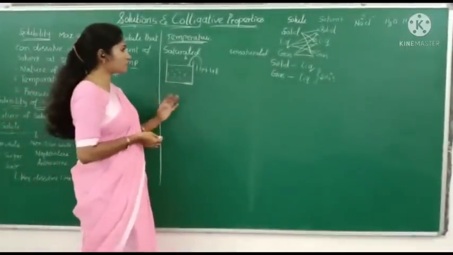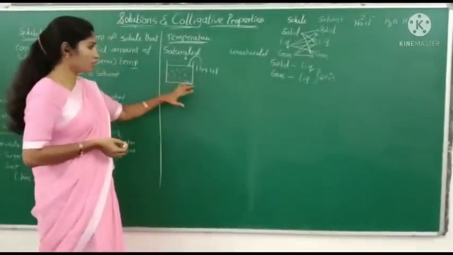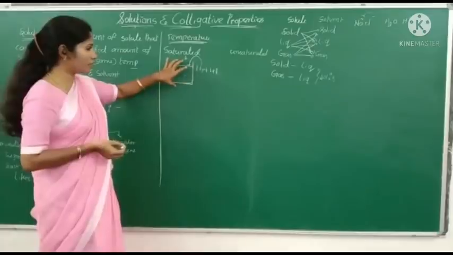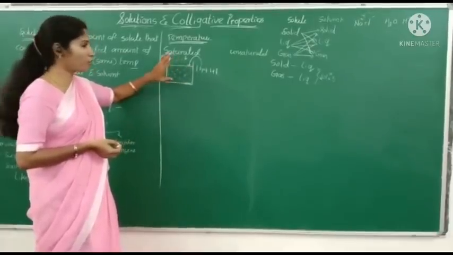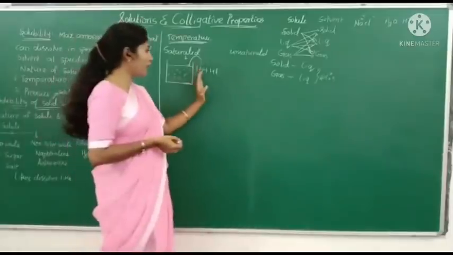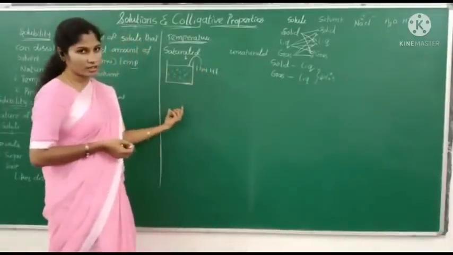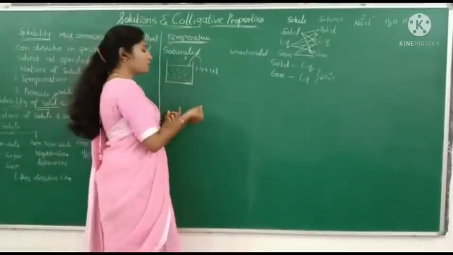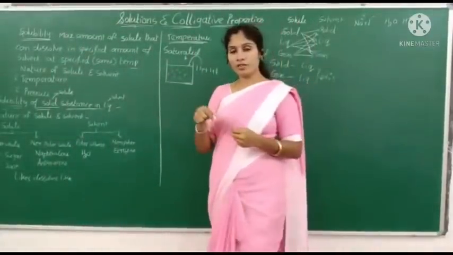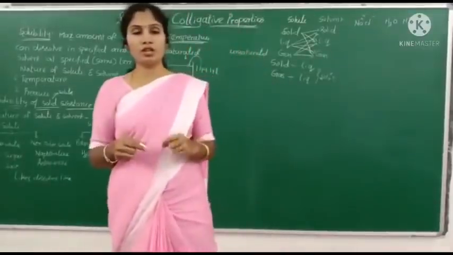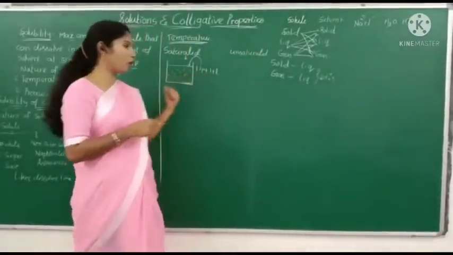Okay. Suppose a saturated solution is nothing but, in this experiment we are taking some amount of water and we are not changing the quantity of water here. Next we are adding sugar to it. First of all we are adding only 1 tablespoon of sugar into it. After stirring, we can observe that the sugar totally dissolved in water.